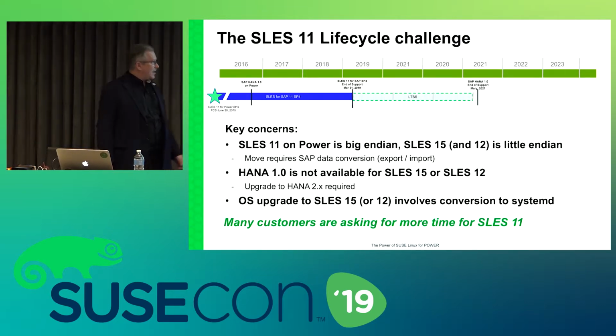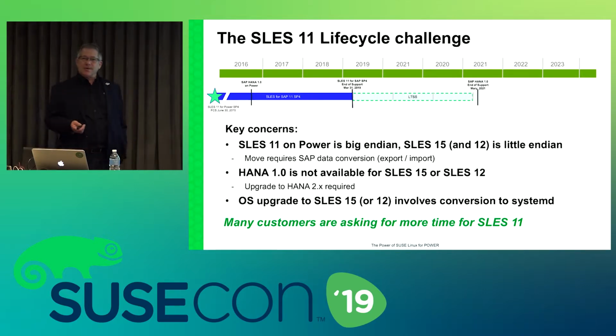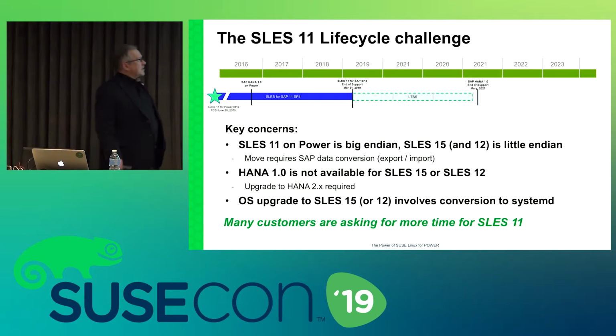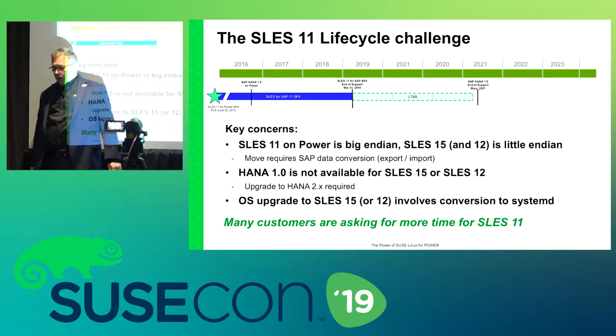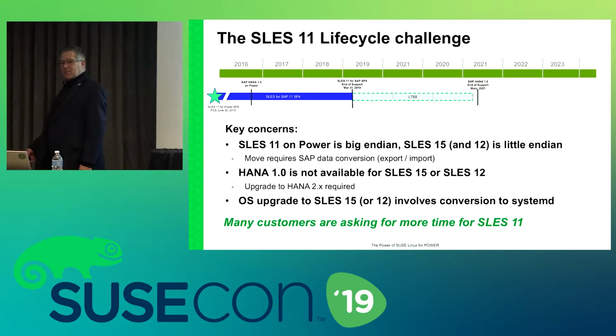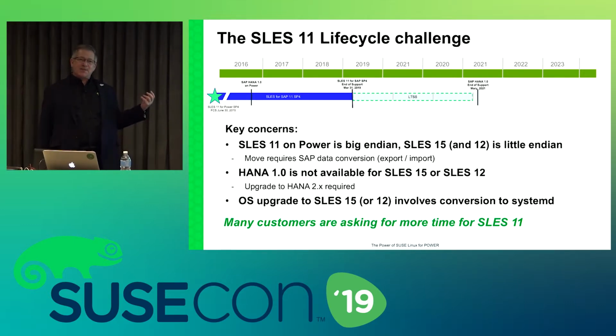Now, I know that people have been cognitive of this. One of the first, actually the very first offering I did for SUSE when I came over in 2016, is to do a long-term support package, right? So we offer long-term system service pack support on SLES 11. That's been available since 2016 because we knew people were going to have this challenge,